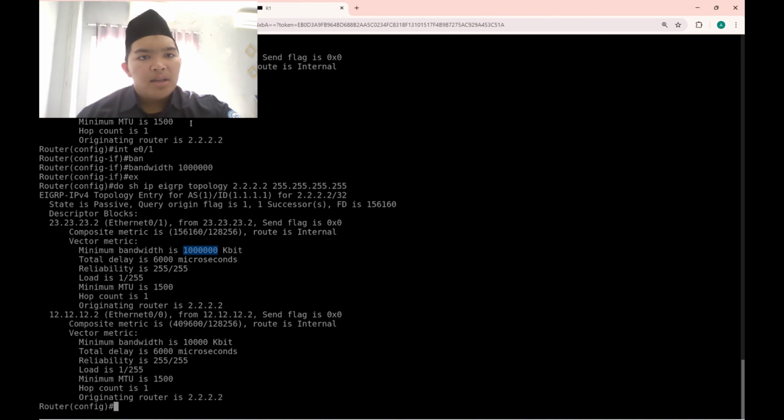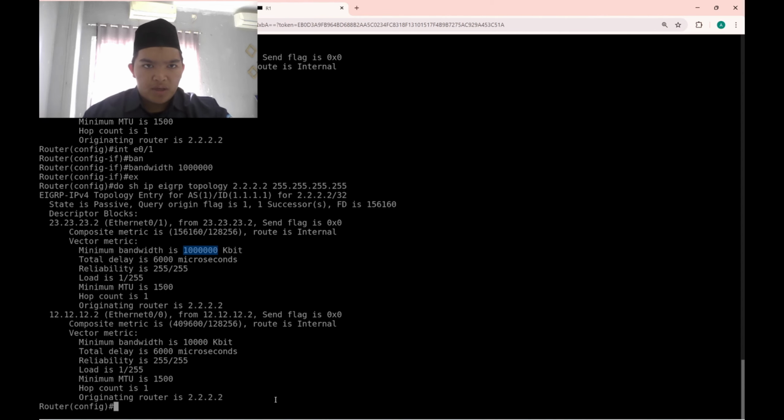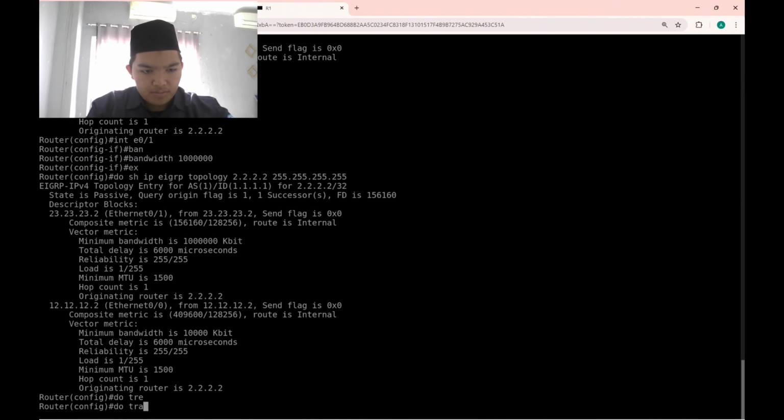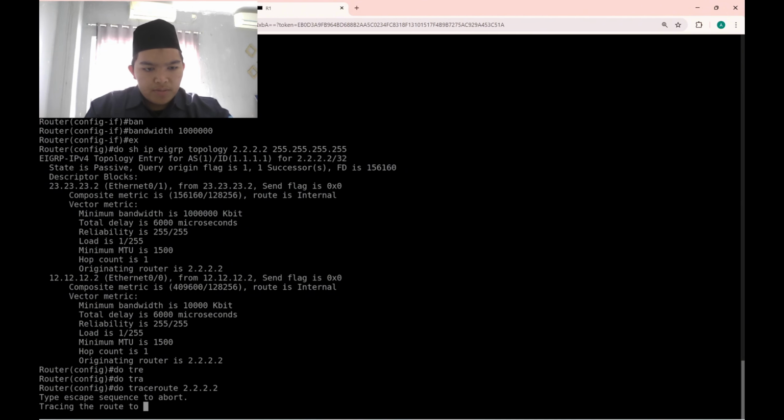And then router 1 will choose Ethernet 0/1, 23.23.23.2, as the path if the router wants to reach or ping router 2. Then do traceroute again. Okay, wait for a while.